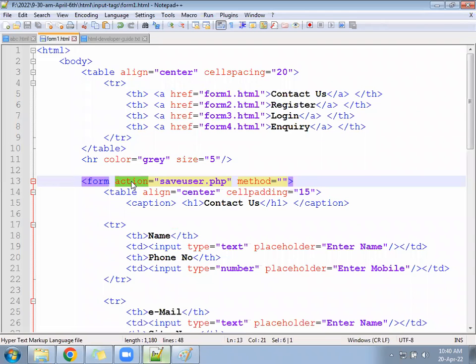Okay. So for that, you can write a single line definition. Action property used to define the path for the backend language, the URL for the backend language. Okay, action property